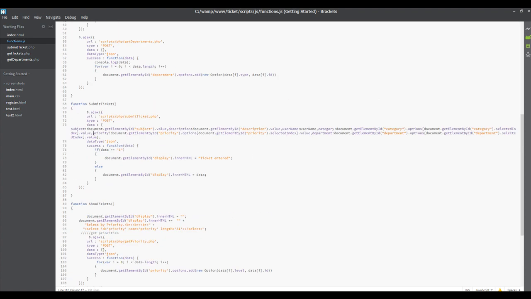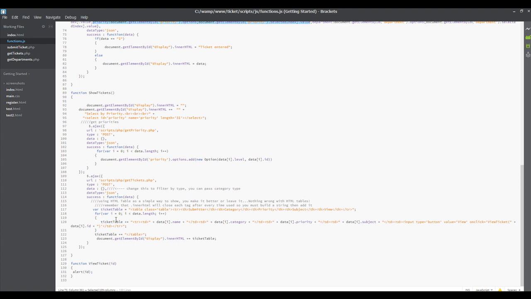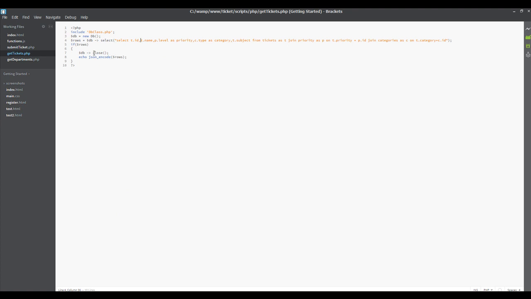You could do priority, selected that value, and we could do, where am I at? Show tickets, under data. So that way you're going to have something called priority. Boom. Yeah, we need a comma there. Okay, so now that's going to send over priority to get tickets,